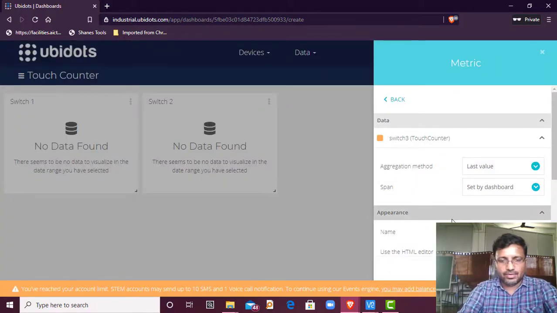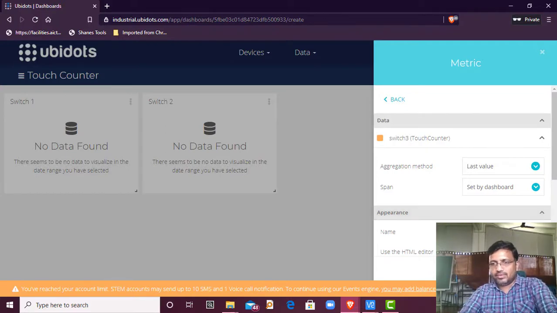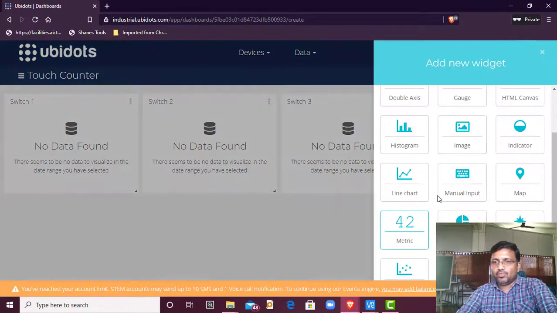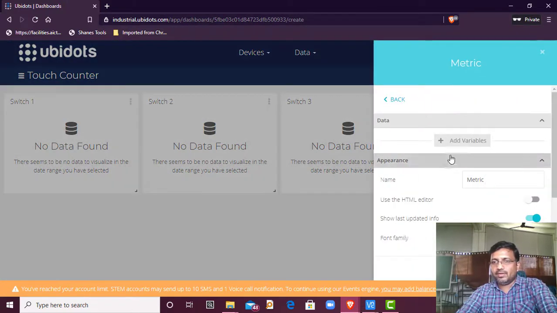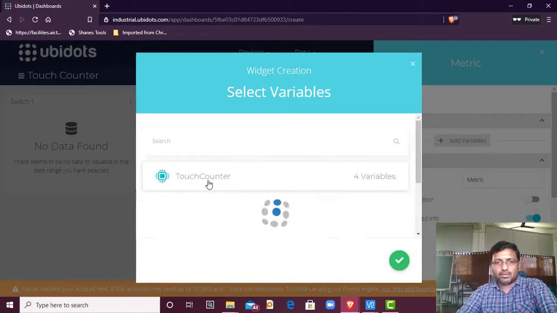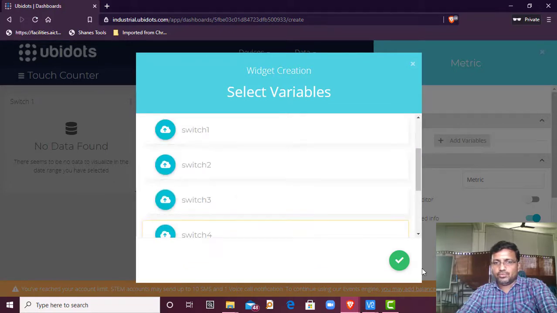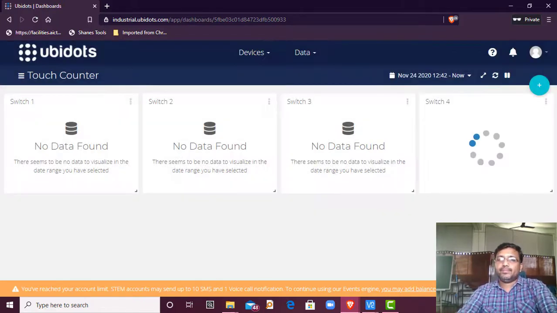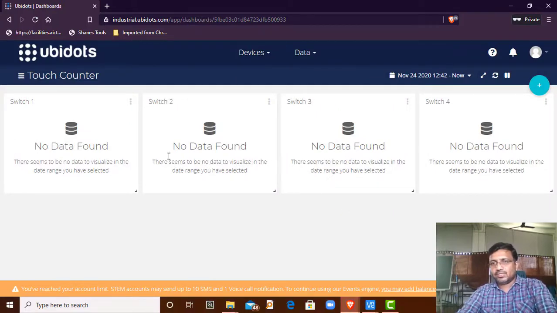It is switch 3. Click OK after this. Switch 3 is available. Now add one more, that is switch 4. Go to metric, add variable, counter, switch 4, click OK. Give the metric name as switch 4. Click OK after this. It is done. 1, 2, 3, 4. 4 switches have been done. 4 counters will be ready.